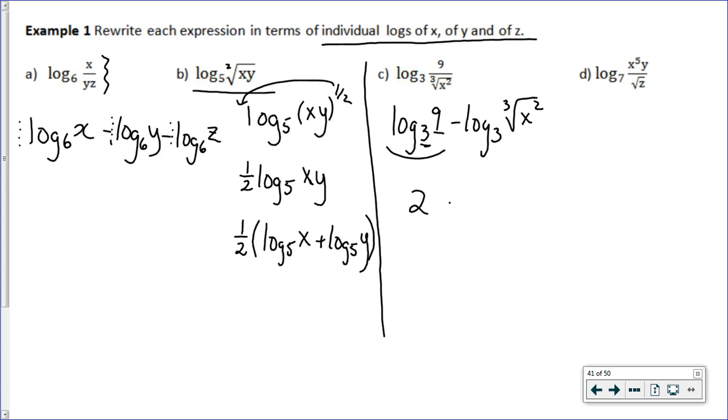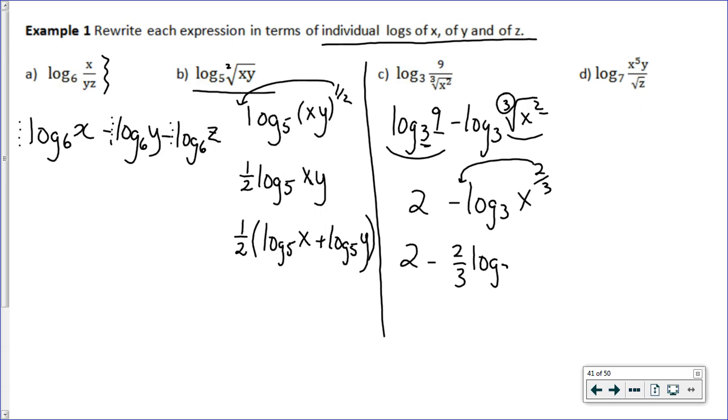And here, minus log base 3, I would rewrite this in exponential form. So the 3, that's the index here, becomes the denominator of the fraction, and the 2 that's over here becomes the numerator. So I've got 2 minus log base 3 of x to the 2/3, and I'm going to drop that 2/3 in front like this. So there's that guy. And the last one, if we separate that out, I would maybe write log base 7